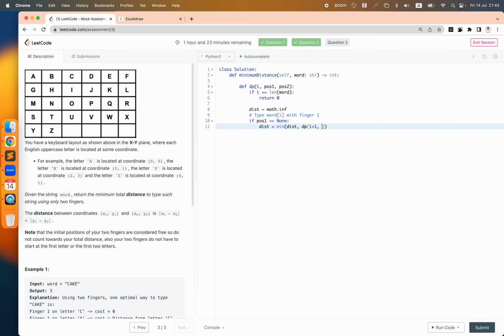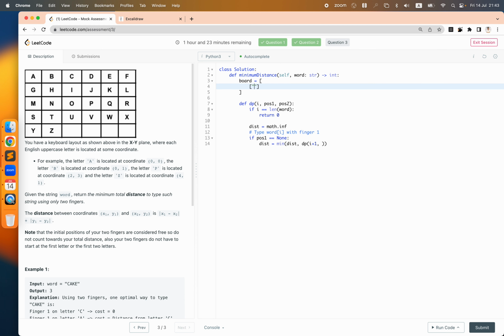Distance is 0. The finger 1 distance is 0. So I need to have a board. I can write it like this: